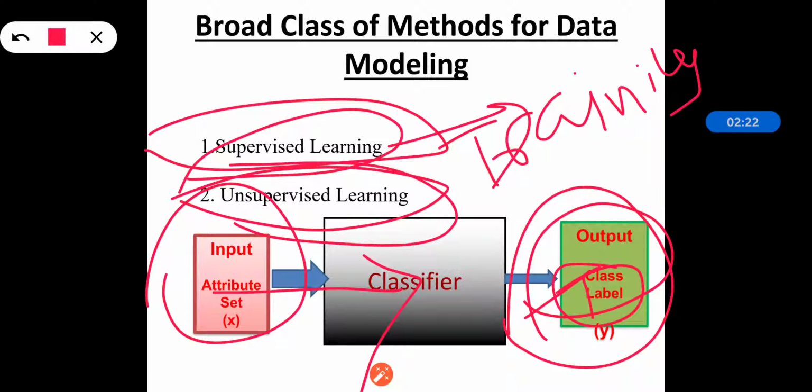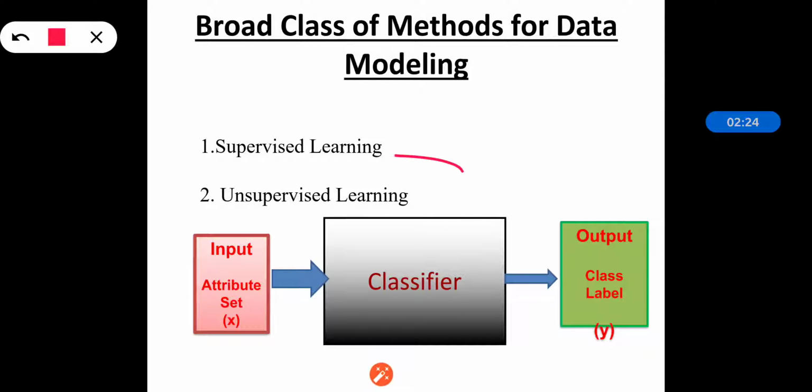The second one is unsupervised learning. As its name implies, it is used for raw data sets, meaning the main task of unsupervised learning is to convert the raw data into structured data. In supervised learning, as we already said, it is used for structured data, but in unsupervised learning, raw data is transformed into structured data. In this, we are not having any ground truth value. That is the main idea of unsupervised learning, and that's why it is called unsupervised learning, because we are not having any ground truth value.